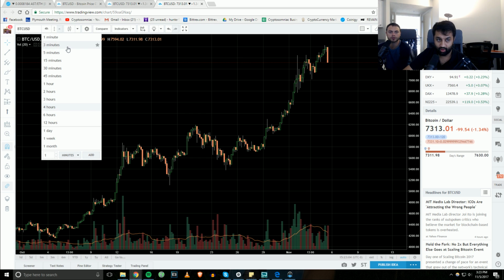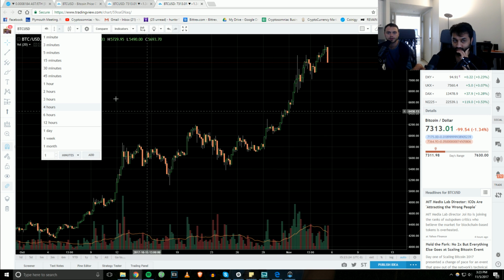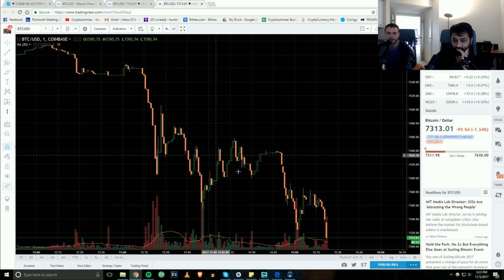Anything below daily, weekly, the intervals apply, right? You can change them to whatever you want, from 1 minute to 3 minutes to 5 minutes and so forth. Right now we are on 4 hours, so each candle on this chart represents a 4-hour window. If you were to change that to 1 minute, each candle on this chart now becomes 1 minute,